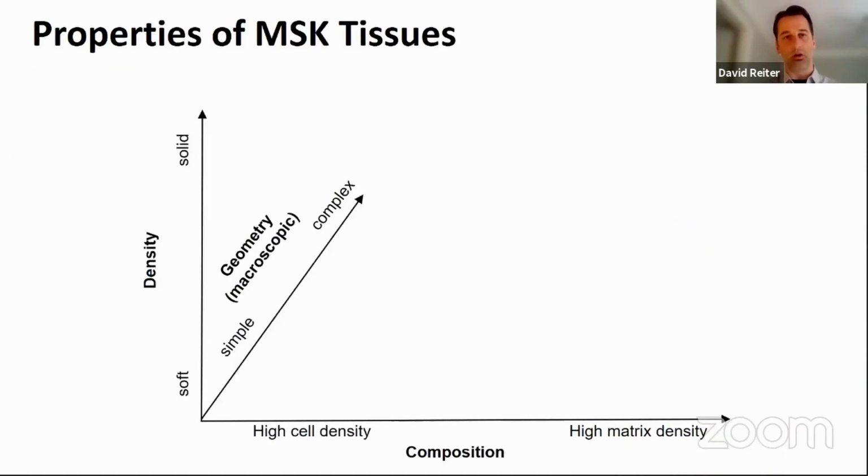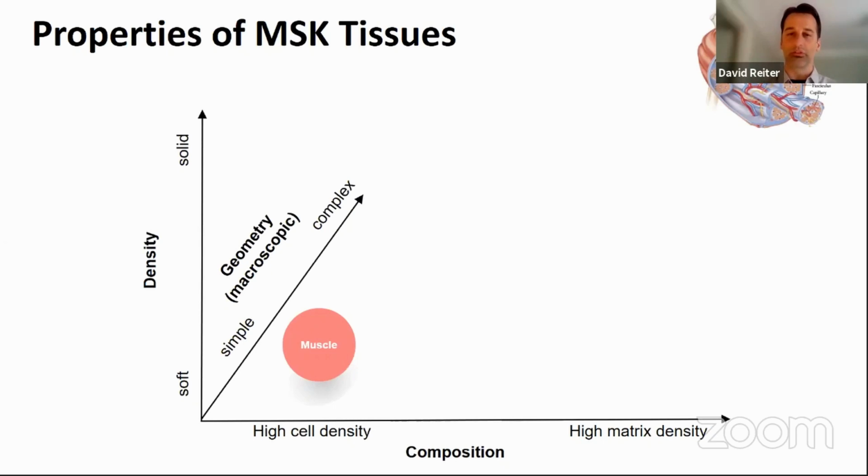But as we think about all of these different diseases that I highlighted in the previous slide, there's a variety of tissue traits that dictate the quantitative method and the analytical approach or the signal model that might be used. For instance, skeletal muscle has high cellularity. It's got low matrix in healthy skeletal muscle. It's relatively soft, and its macroscopic geometry is rather simple, meaning that we don't really need high resolution imaging to probe